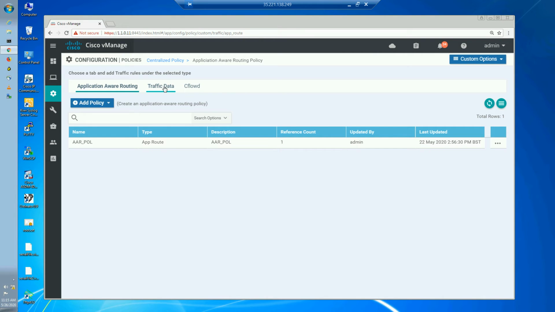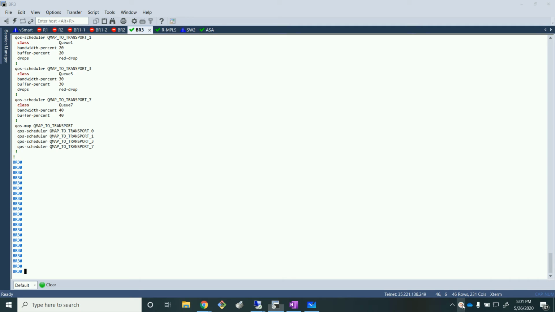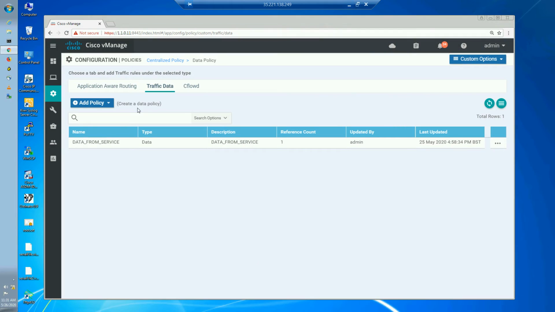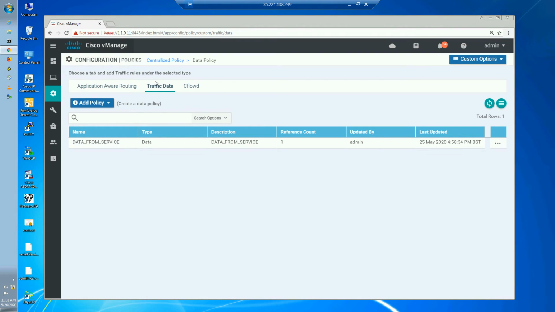and under the traffic data, okay, give me a second. All right, so let me just grab this here. So you go down to your centralized policy, and under the traffic data, this is where you'll find that there is already a policy which I've been using before. So I'm going to just piggyback my new stuff around this. So let's edit this,